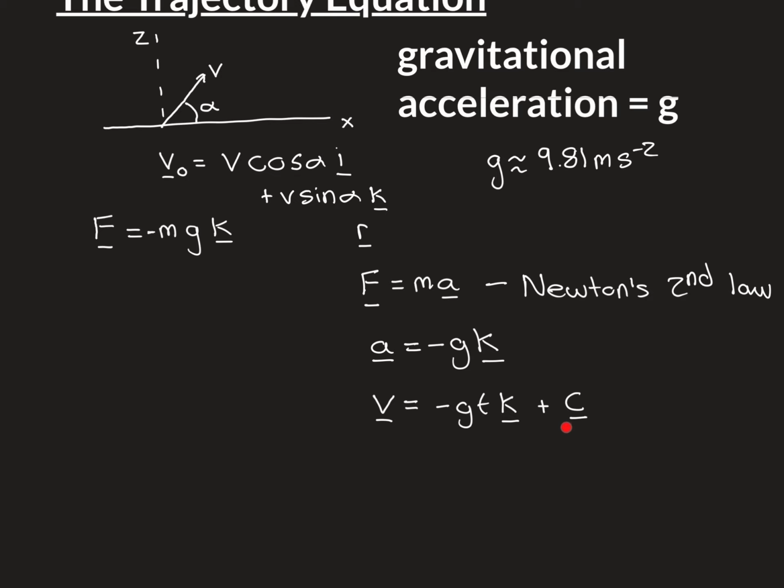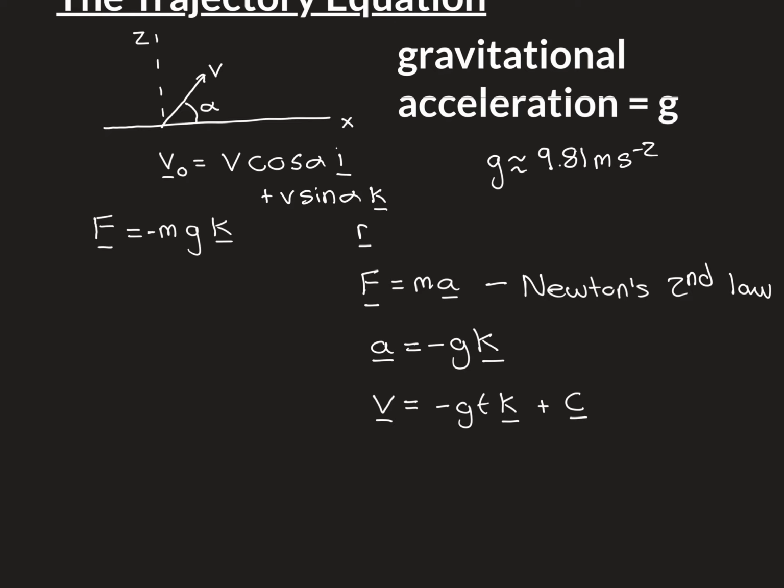So this has to go here as this constant of integration, because if you differentiate this expression, this bit differentiates away because it's just constant, so it will go, and you'll just end up with the derivative of this, which is negative g in the direction of k, so you'll get back to the correct acceleration vector. So this is the bit that you need to put in here to make this expression correct,